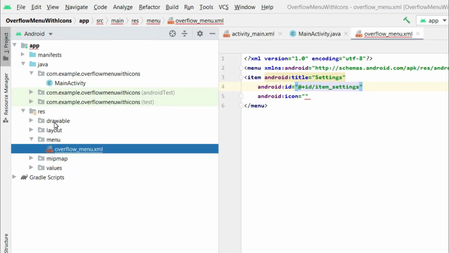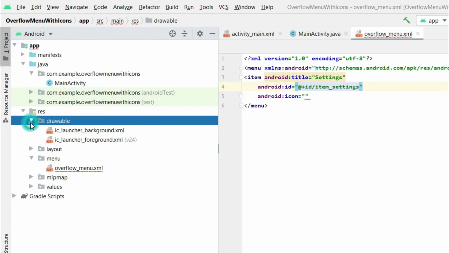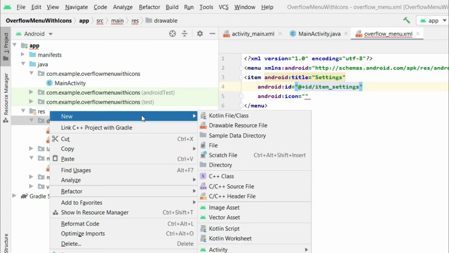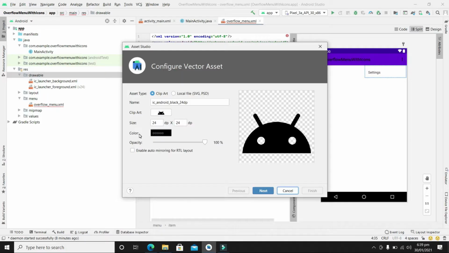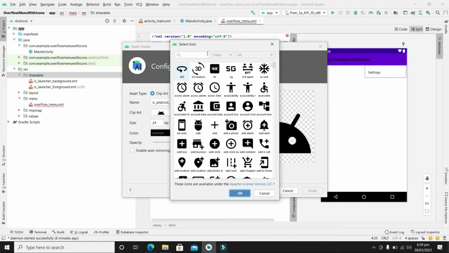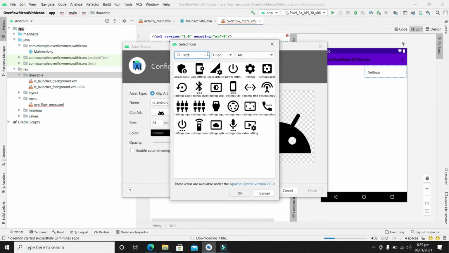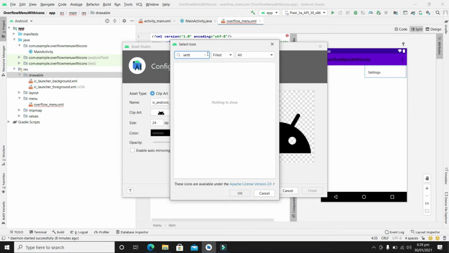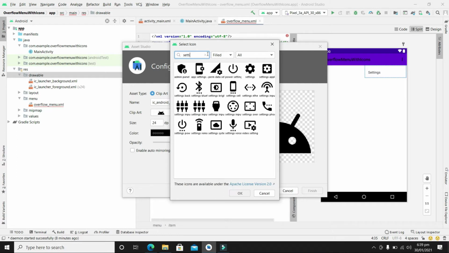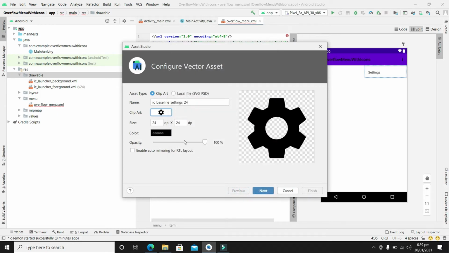For this, go to drawable, right click on it, from the new select the vector asset here. So from here select this clip art and search for some icon for settings. So we are okay with this icon, click OK. Now let's change the color for this icon.